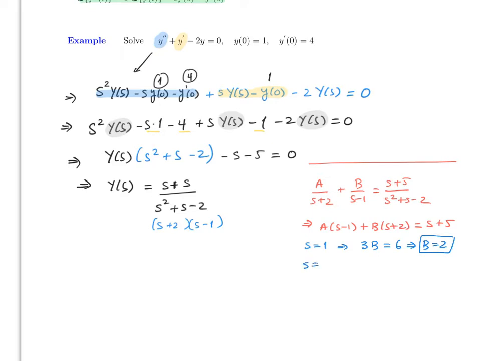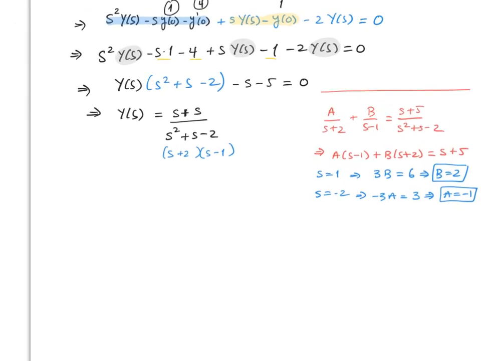Then we should select negative 2 so that it cancels this one. And if we do that, we will have minus 3a is equal to 3. So that implies that a is equal to negative 1. So therefore, from here, we have